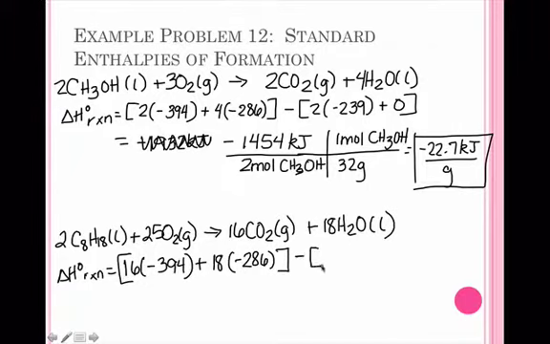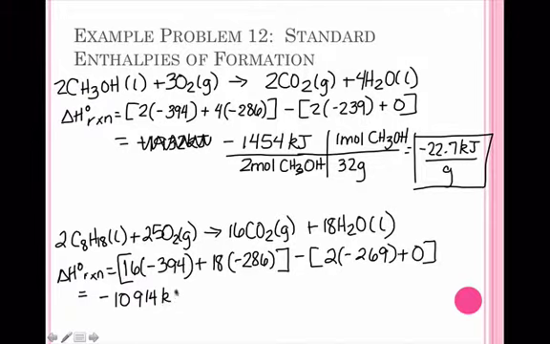Subtract out my reactants. I have 2 of the octanes, and their value is negative 269, plus 0 for the oxygen. So that answer, hopefully, is negative